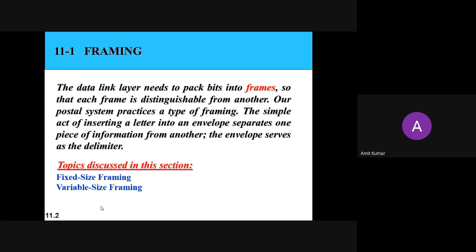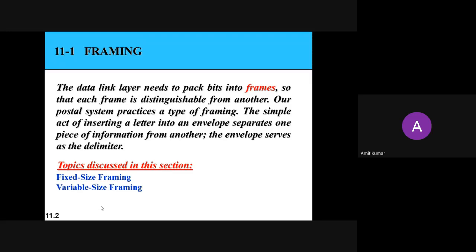The number of bits you pack in one frame can be fixed or can be variable. If it is fixed, then it is known as fixed-size framing. If it is variable, then it is known as variable-size framing.